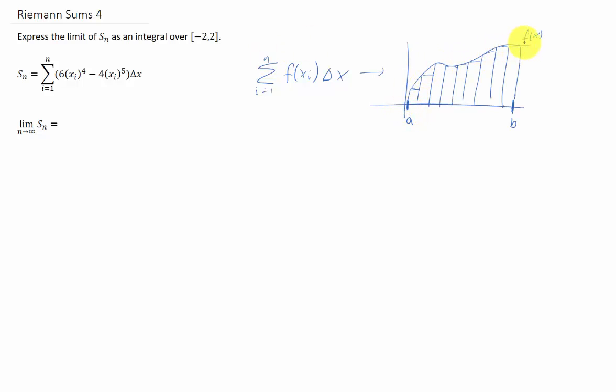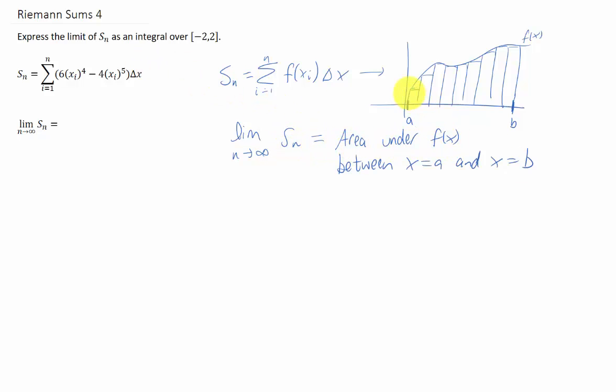Here's a function f of x. We've split this interval from a to b into 9 subintervals. We add up the areas of all of these rectangles, and we get an approximation to the area underneath this curve. Well, if I call this sum s sub n, where n is the number of subintervals that we split this problem into, and I take a limit as n goes to infinity, what I explained in the Riemann Sums 2 video is that this sum adds up to the exact area under this function between the x values a